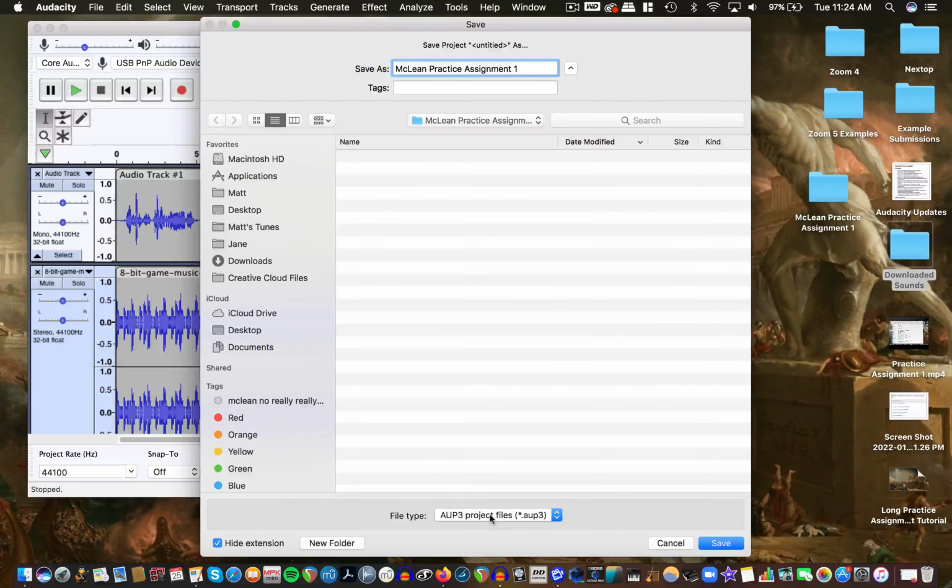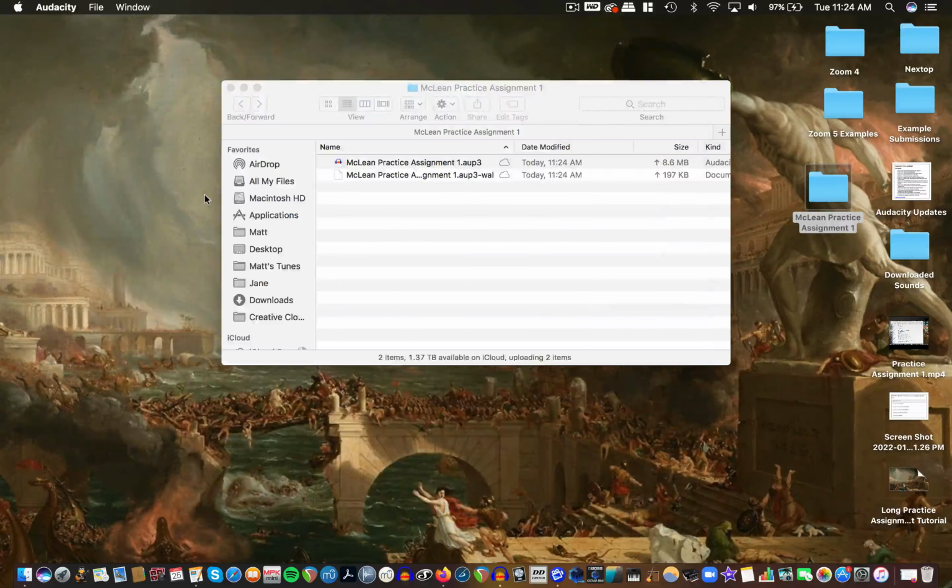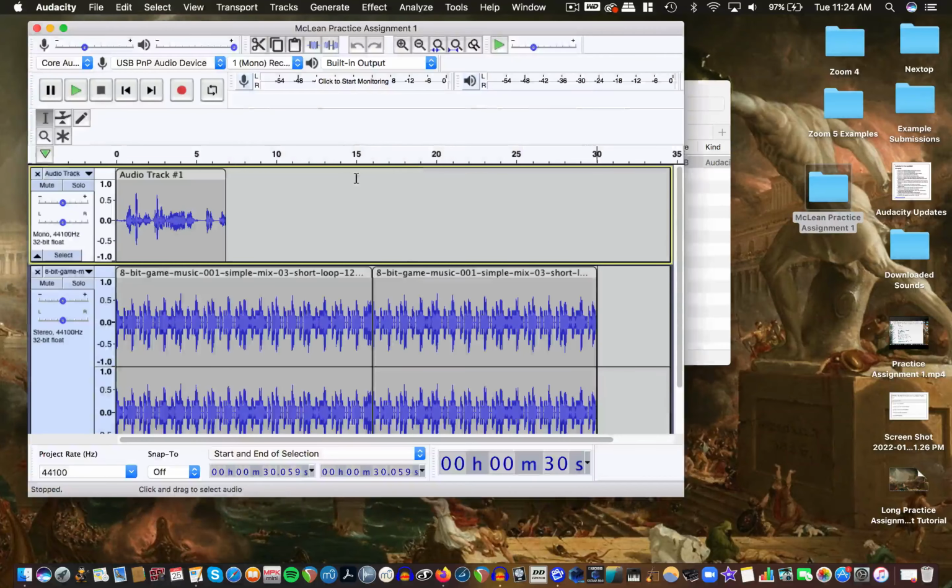This is the new Audacity protocol. The old version used to save like an Audacity file and then a folder that had all the audio, and it was really easy to get them mixed up and confused and have them get corrupted. So now it's all wrapped up in a nice little package. If you save it, it'll put it in the folder. It creates a little temp file here. So actually I'm going to quit that, and once you quit Audacity or close the file, that temporary file will go away. So the next step I'm going to go back in here is to export this mix,